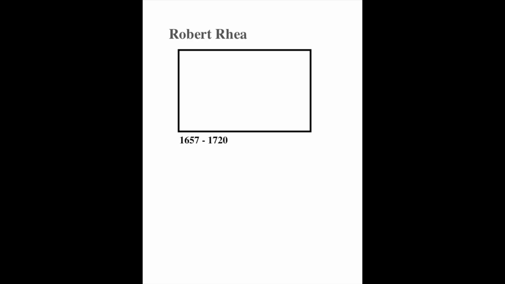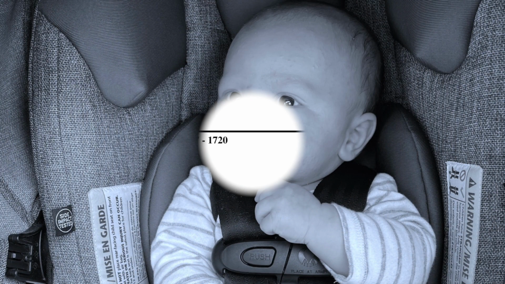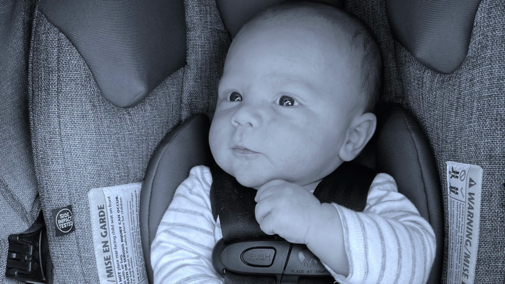The first member of the Ray family tree that I was able to find information about is a gentleman named Robert Ray. Robert was born in 1657 and died in 1720. His mother was Agnes Naismith Brown. I found very few citations related to Robert's life outside his birth date, his date of death, and the town where he lived, Suffolk, England, which at the time was a small fishing village on the western side of the country. My story ends with the birth of Everett James Keller in 2021.